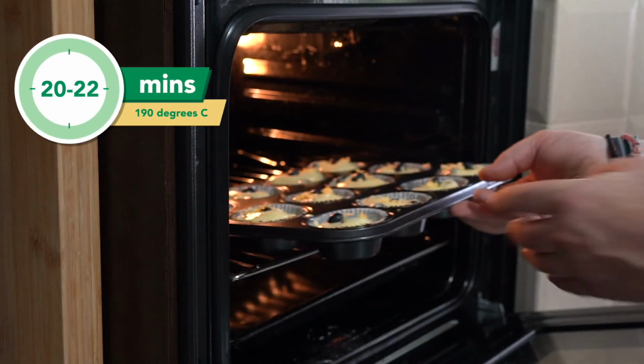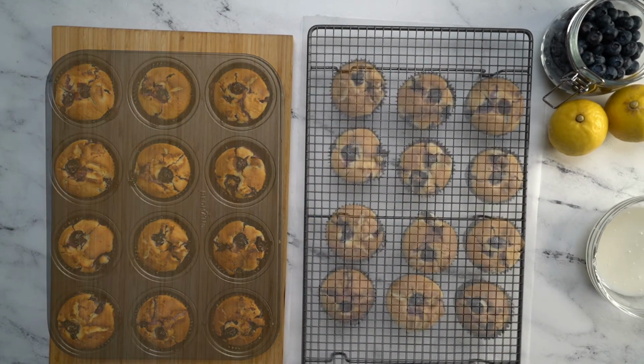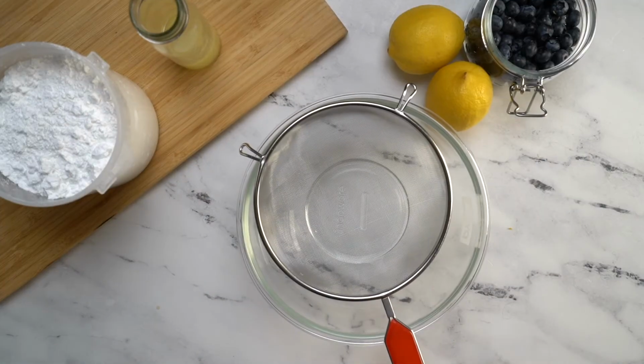Beautiful. Once done, off to go in the oven, 190 degrees, 20 to 22 minutes. I check them after 18, make sure they're okay with the skewer. Once they cool down for 5 minutes, we'll transfer them to a cooling rack